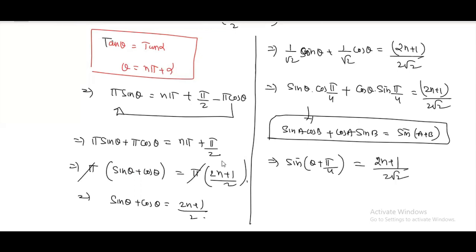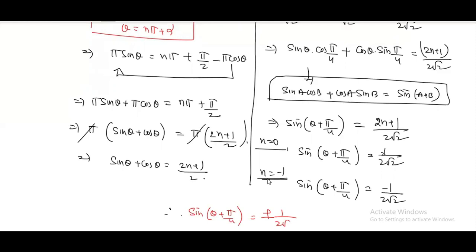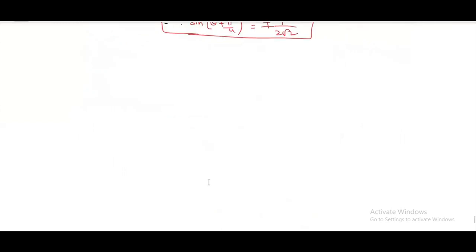If I substitute n is equal to 0, we will get sin theta plus pi by 4 is equal to 1 by 2 root 2. If I substitute n is equal to minus 1, I'll get sin theta plus pi by 4 is equal to minus 1 by 2 root 2. Therefore, we can conclude that sin theta plus pi by 4 will be plus or minus 1 by 2 root 2, and we can take that as the solution for this one. So hope you understand this problem. So next,